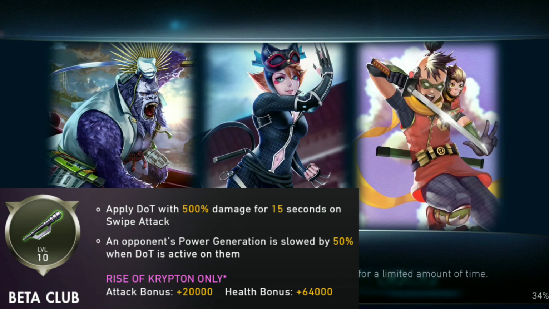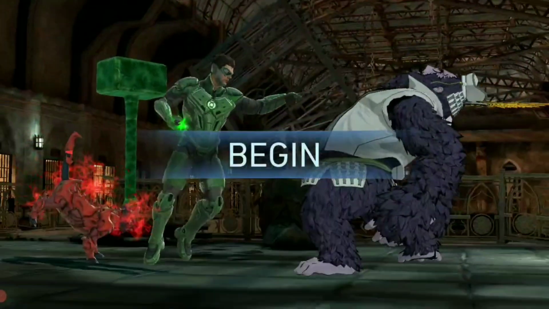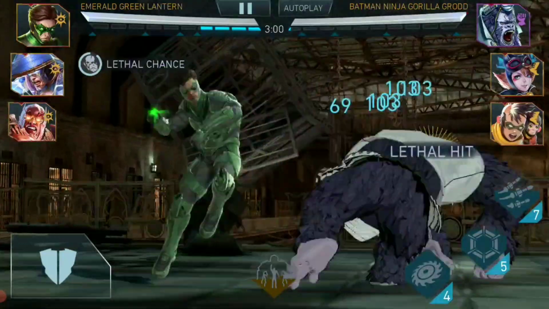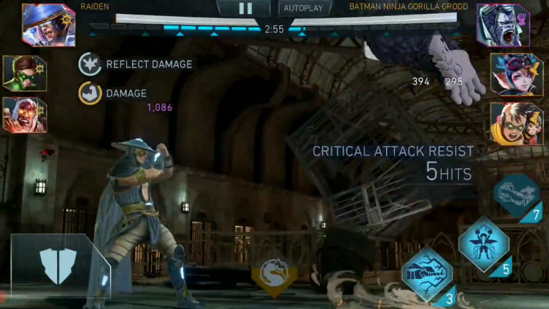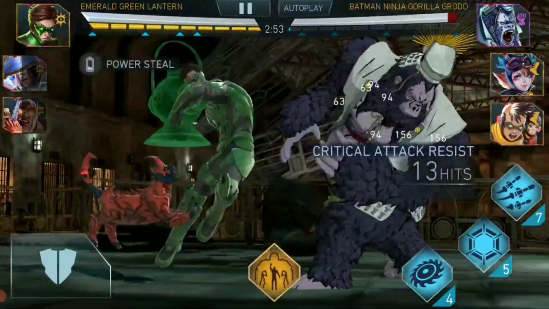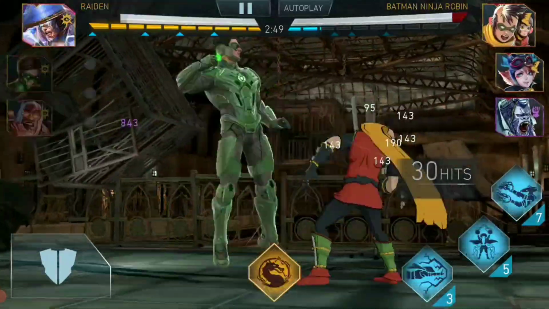And the second buff makes it so that the opponent's power generation is slowed by 50% when the dot damage is active. Now, at first glance, this artifact doesn't really seem like that big of a deal. Okay, you get a little bit more damage on swipe attack hits, what's the big deal? But when you really start to see what this artifact can really do if you pick the right characters,